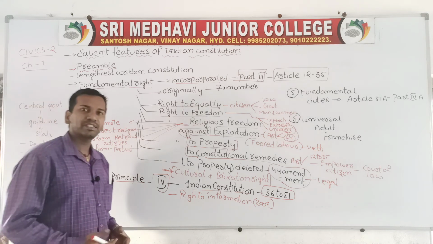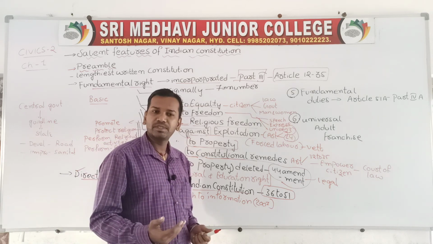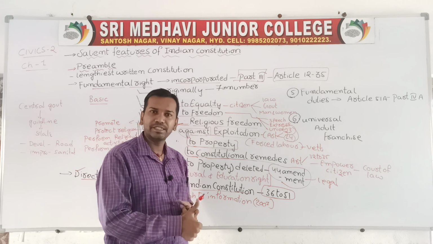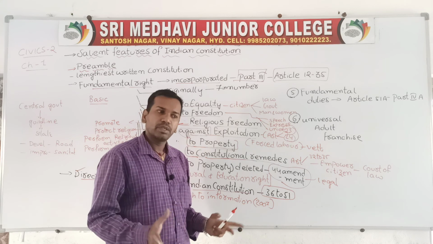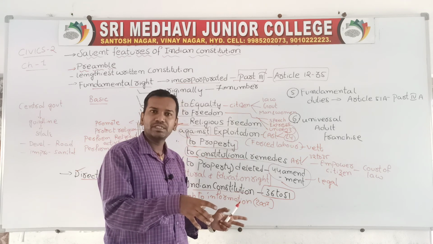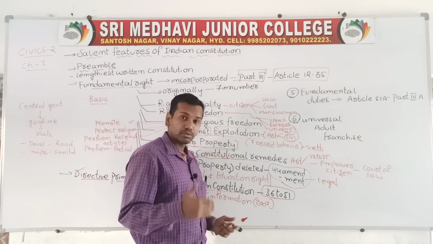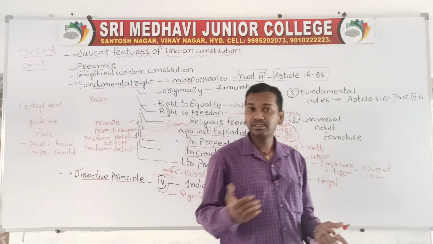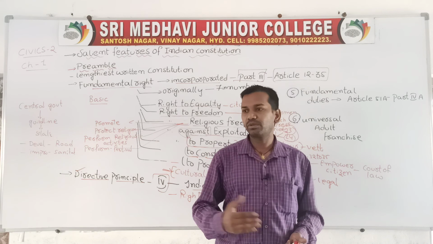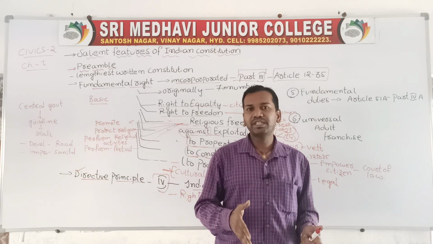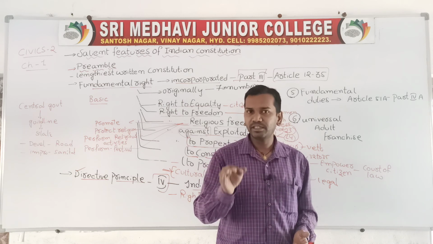The central government has given many guidelines to develop the state: construction of water facilities, sanitation, public health, hospitals, schools, colleges. Now, if the state government is not developing all these activities, the citizens cannot approach the court of law. So this is one point. Many states are there; some states have good facilities, some states do not have good facilities like roads and sanitation. If the facilities in a state are not good, the citizens cannot approach court. So that is the difference between directive principles and fundamental rights.